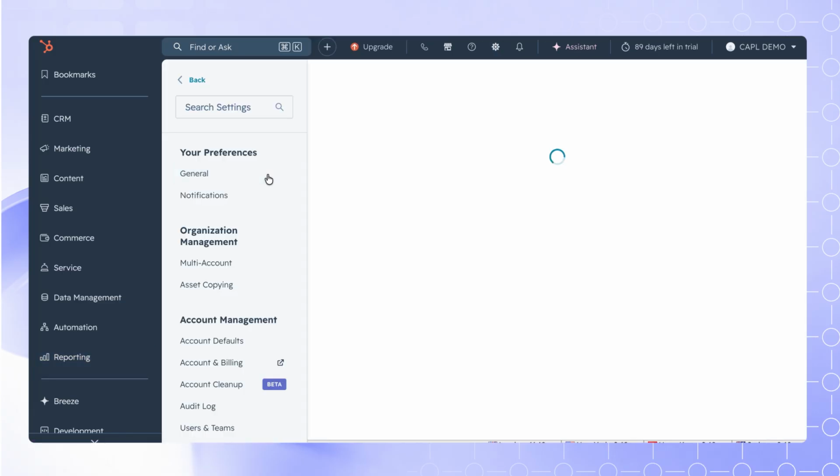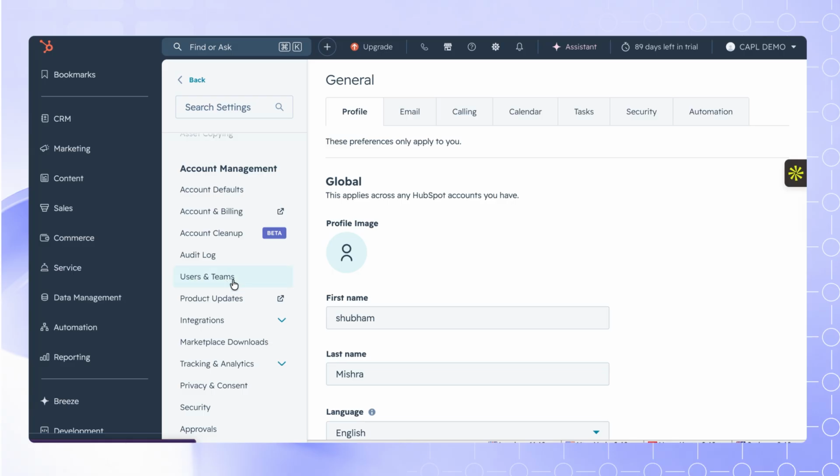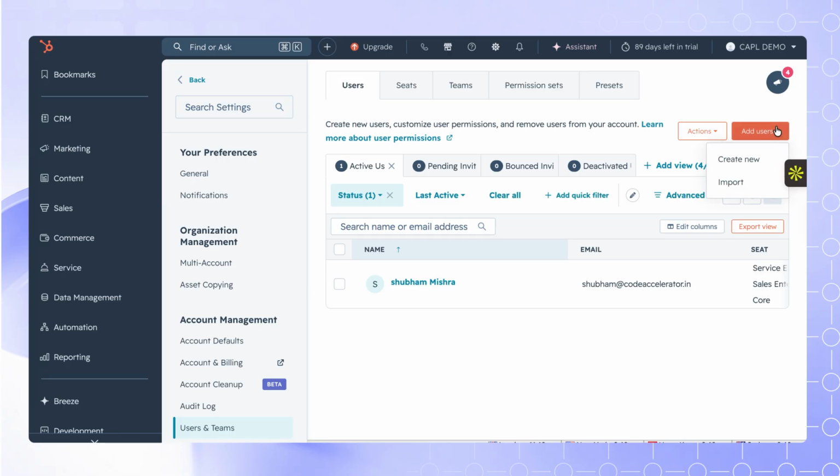Click on settings, and scroll a bit and click on users and teams. Click on add user, and we have two options. We can go with create new if you want to do it single, or if you want to import, you can